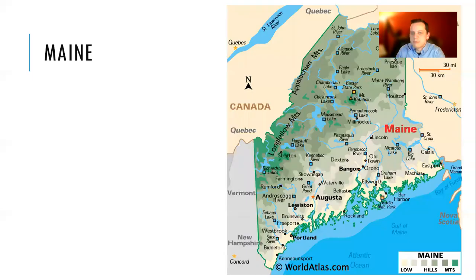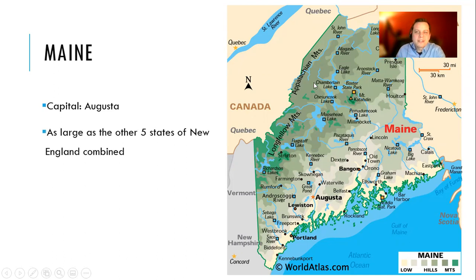And let's move on to Maine. And the way I remember it is within New England, it's the biggest state. It's the main one. Of course, that's probably not where the name came from, but that's how I remember it. You see the Appalachian Mountains continuing over northeast and extending into Canada. Capital is Augusta.